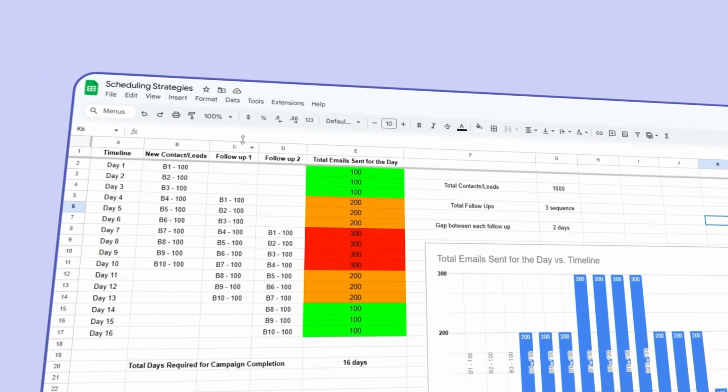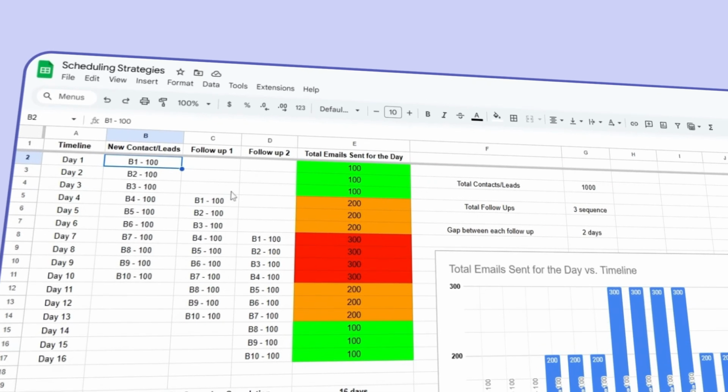The second strategy is the no follow-up limit mode, where we only consider new leads to be sent on a new day, and that new lead count is the limit that is being counted. All follow-ups sent to that particular email are not counted into the daily email limit. So when you send email to 1,000 people, you're sending on day 1, day 2, day 3, in batches of 100 per batch.